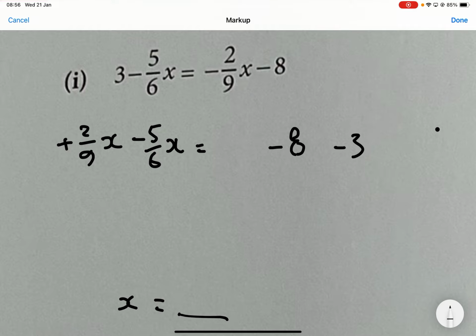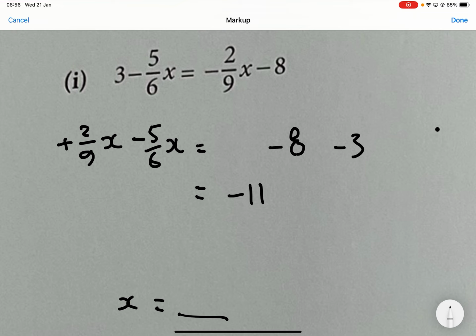Okay? Then all my x terms are on the left already. All my number terms are on the right. I just need to simplify them. Negative 8 minus another 3. This one is easier, I can do straight away. 2 over 9x minus 5 over 6x. So this one,